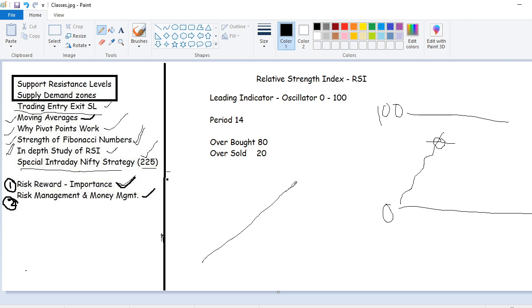The stock market never goes in a straight line, it goes like this. So there should be a pullback or there should be a consolidation like this, then it will go up. So what does RSI tell you? Whenever a stock enters the overbought zone, the RSI says that too much buying is happening. Now it is not good to buy. Whenever the stock or the index enters the overbought zone, it simply says that there is too much buying, so no more new buying, better avoid buying. No buy.